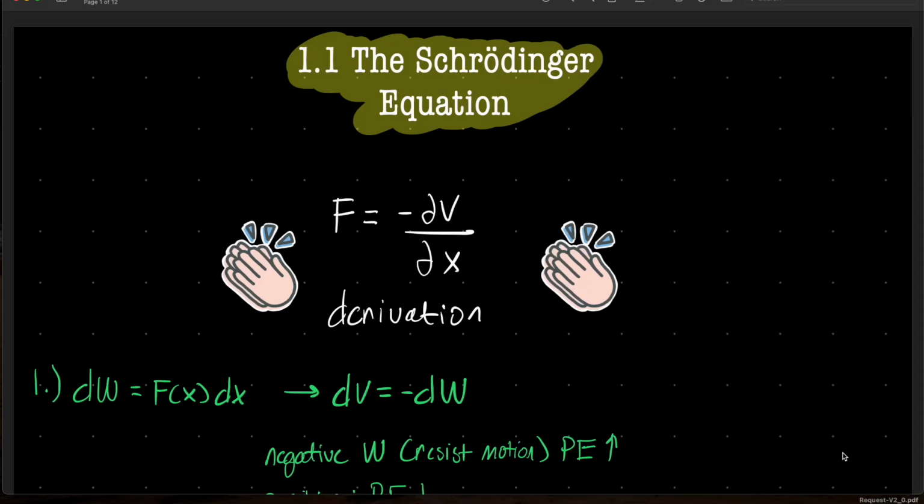Okay, starting off here with 1.1, the Schrodinger equation. The textbook first started off with talking about how in Newtonian mechanics, you can determine the position of a particle as a function of time. So x of t, take the derivative, you got velocity, and then from there, if you know the mass, you can find the momentum. In quantum mechanics, that's not necessarily the case. We'll get more into that later.